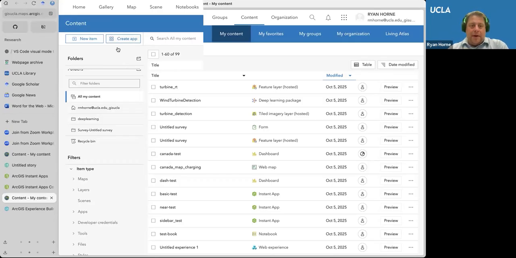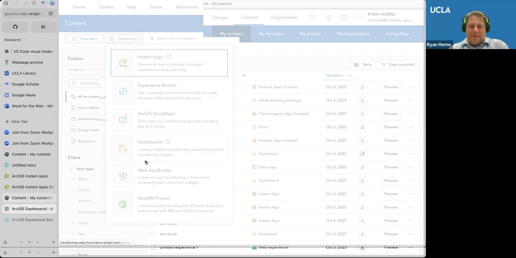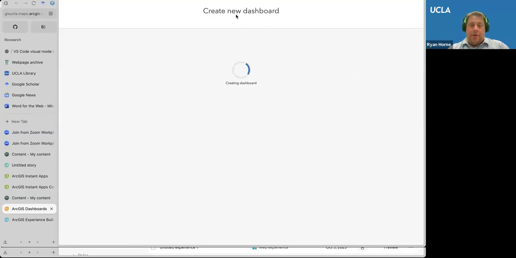So let's go ahead, and if we click on Create App and click on Dashboards, please tell me that you have dashboards. Yes. All right. Great. That means I don't have to adjust user types for dashboards. So let's go ahead and we'll call this, again, Workshop Dashboard because I'm being creative. And if we go ahead and hit Create Dashboard,